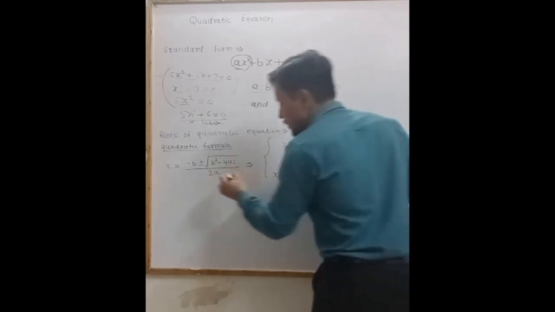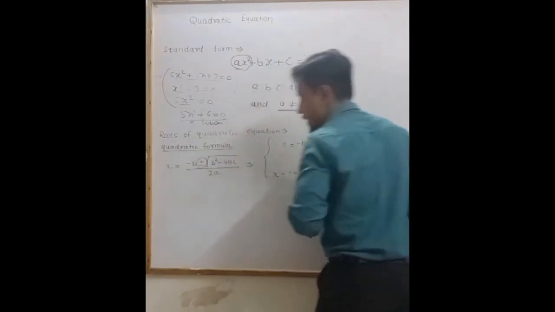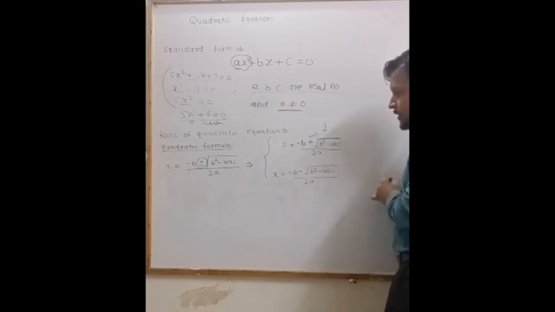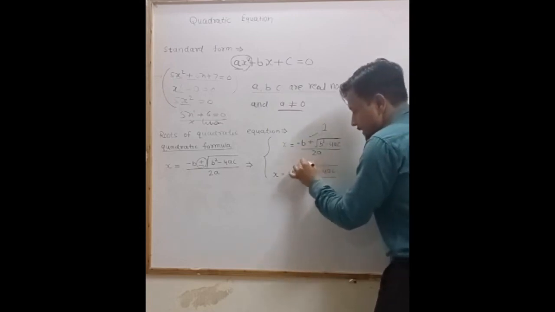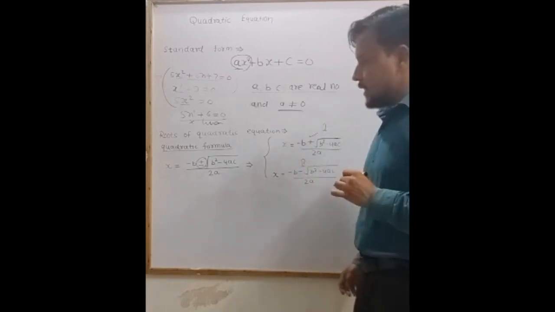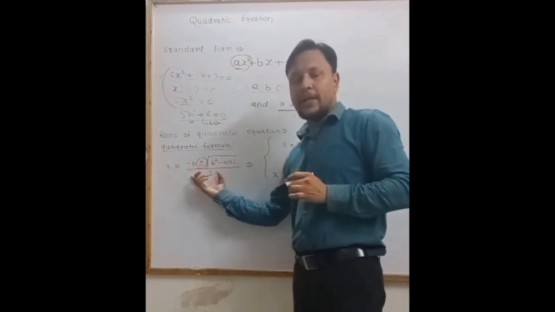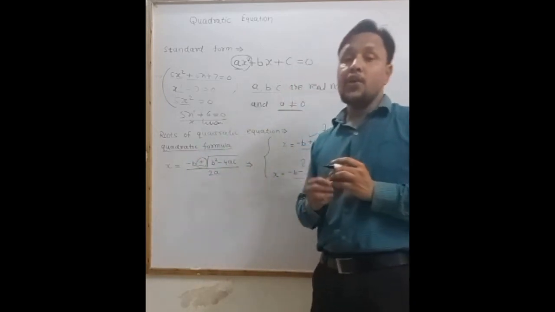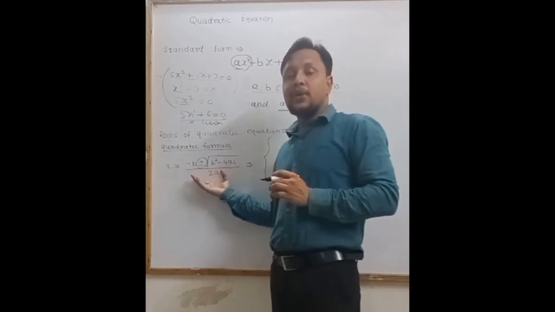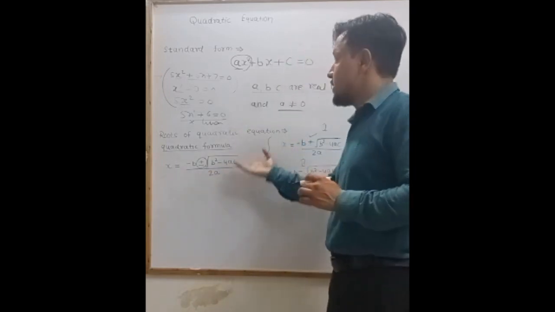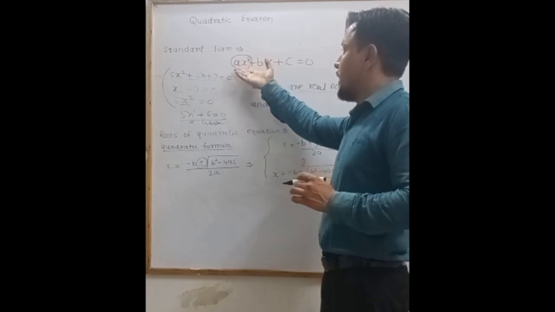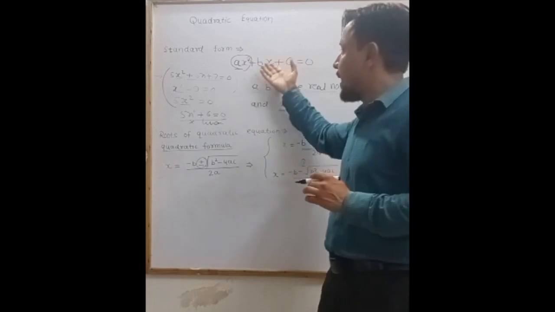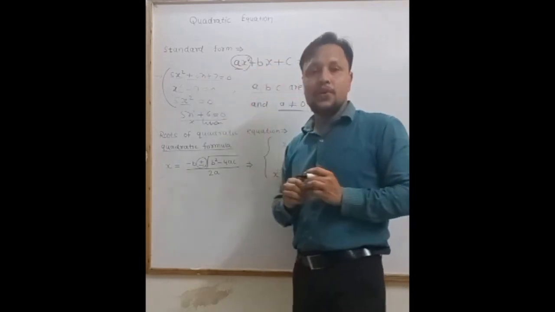And here you can observe there are two signs, plus and minus. By taking the plus sign, we will get the first root of the quadratic equation, and by taking the minus sign, we will get the second root of the quadratic equation. Clear? So by this simple formula, the quadratic formula, we can get the solution, or we can say the roots of the quadratic equation. We can easily get it by putting in the values of a, b, c. What are a, b, c? As we discussed, a, b, c are the coefficients of the variable, and you can easily get them by comparing this standard form with the given equation.